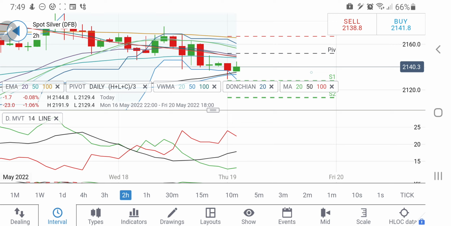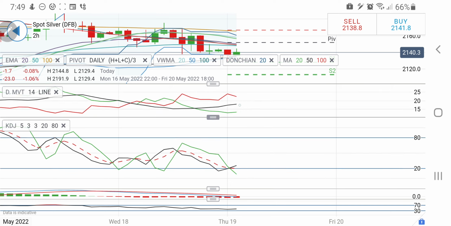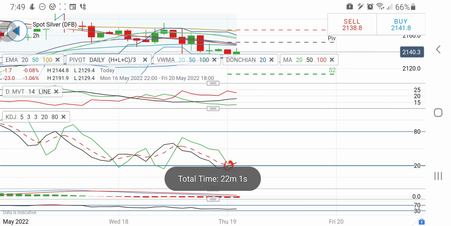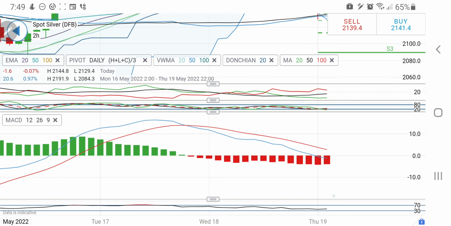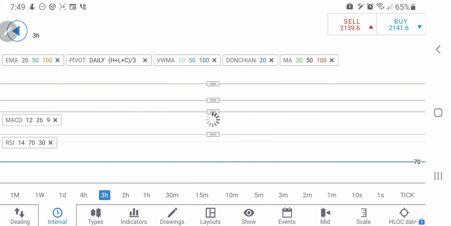Beyond 2150, the resistance is going to be 2160 and 2170 levels. Directional movement is bearish. However, the bearishness is trying to diminish here on the 2-hour charts. I'll be cautious. Stochastic is at the bottom and still at the bottom. So a reversal as per stochastic is probable, as it is oversold, so a bounce back can be expected. MACD is wide divergent and is still trading with the bearish bias. The RSI is looking upwards and trading flat right now.